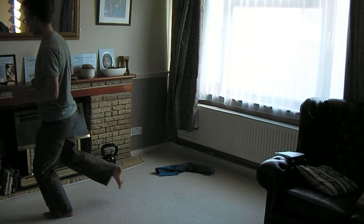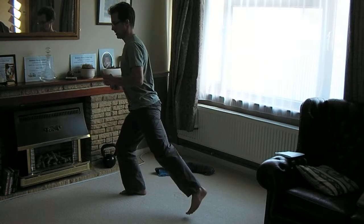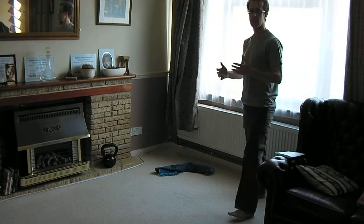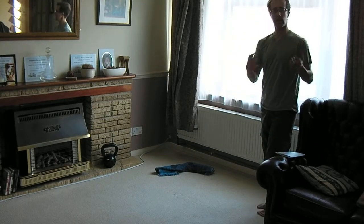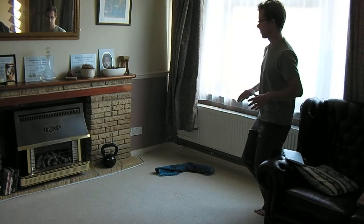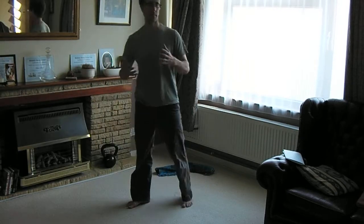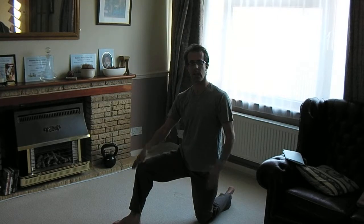When I get really good, I'll be able to come backwards like this, but maybe that's for another day. You can work up to that. And the other thing, of course, is as you get a little bit more mobile, more confident, you can just put a little bit of a jump into it. So there, and so on. So again, it's another great balance exercise, but it's also strengthening up the muscles around the knees,